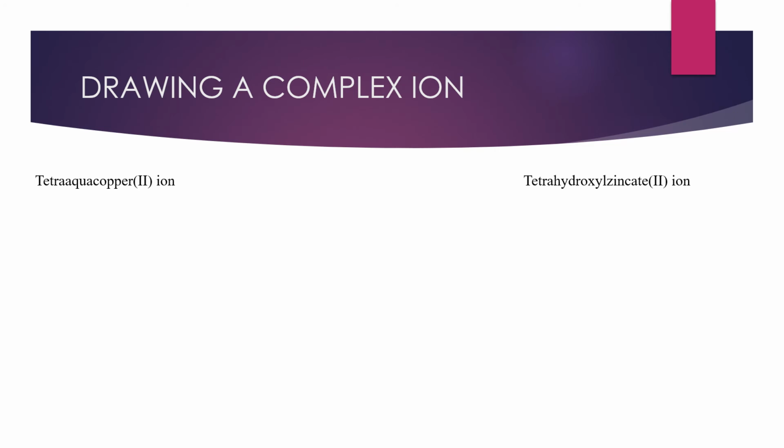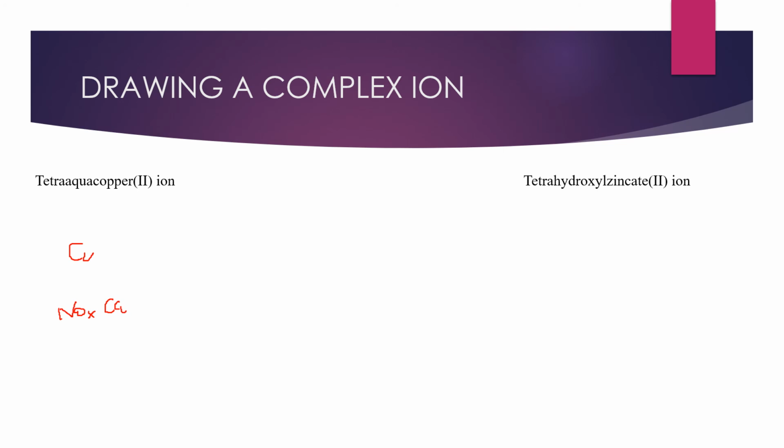Okay, now coming to the final part of this section on 4.1. If we are given the name of a complex ion, how are we going to draw it or write the formula? So we're going to go backwards. This time we are going to put all the information that we have in pieces and then combine it. With tetra aqua, we know the metal here is copper, so we can just write the formula of copper as it is, Cu. The other thing that we know is the oxidation state of copper, which is +2.